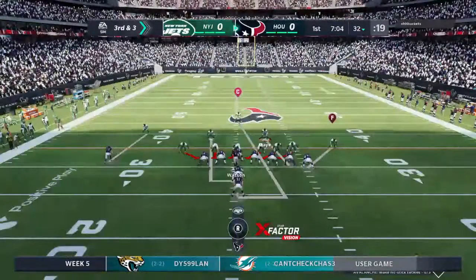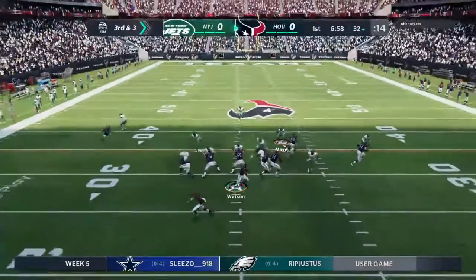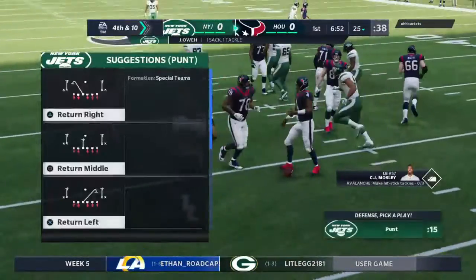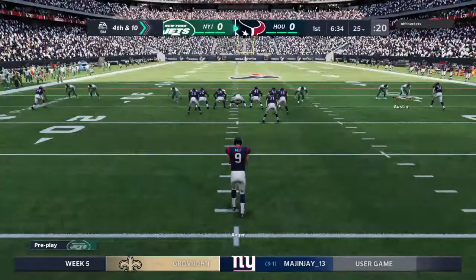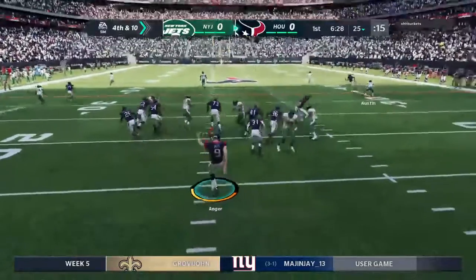Third play of this opening drive as they're looking at a 3rd and 3. Watson under a heavy rush, and down he goes. It always helps for a visiting team to come in and set the tone on defense. In fact, when we talked with them prior to the game, they said they wanted this home crowd to feel like they had to hide their valuables when they were in town. Well, the home crowd quiet now early. See if their offense can...